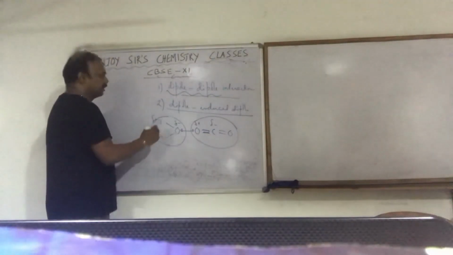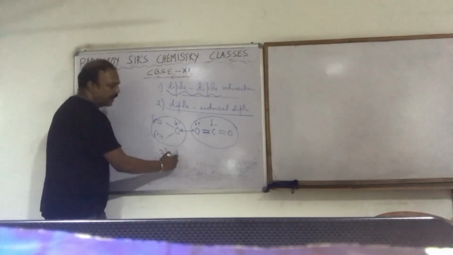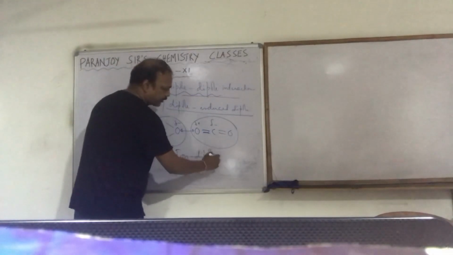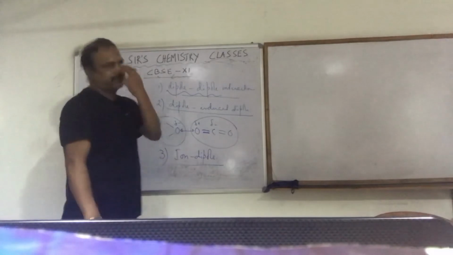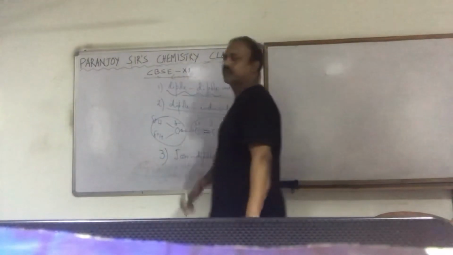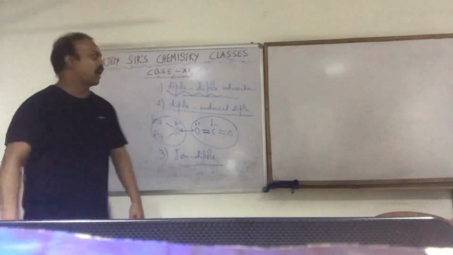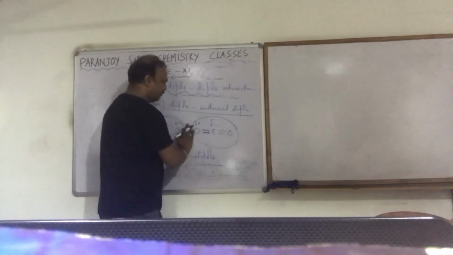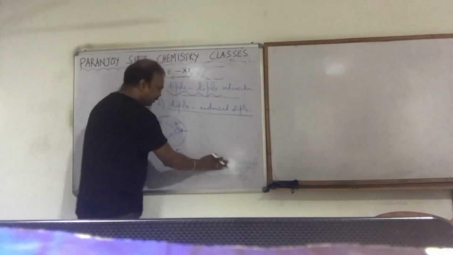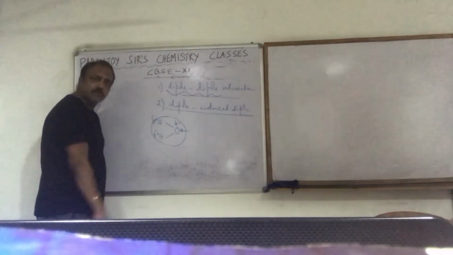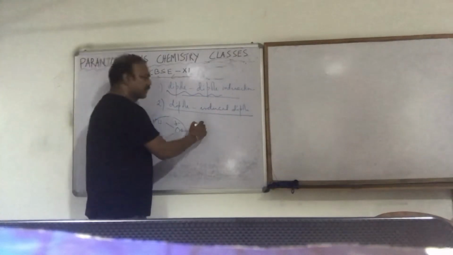The next one, the third one, is ion-dipole interaction. From the word itself you can understand it. Ion-dipole interaction means the force of attraction is now between one dipolar molecule, again I am drawing here only, and an ion. Between a dipolar molecule, the dipole is there, H2O again I am writing, and the ion, suppose sodium ion,